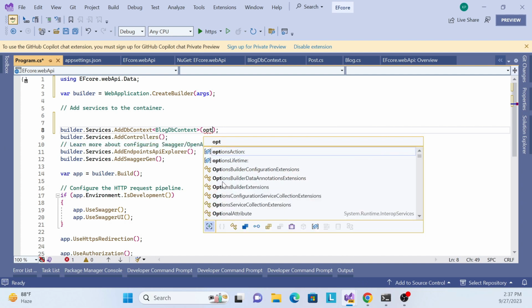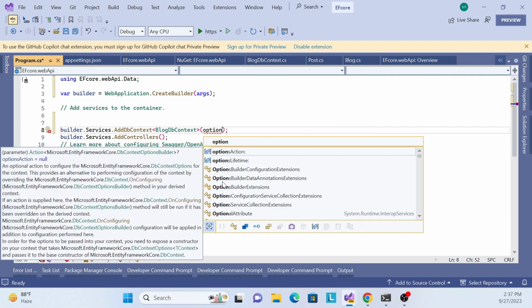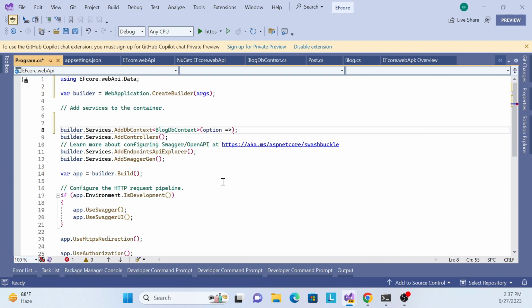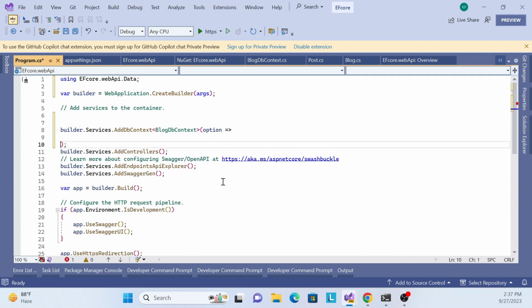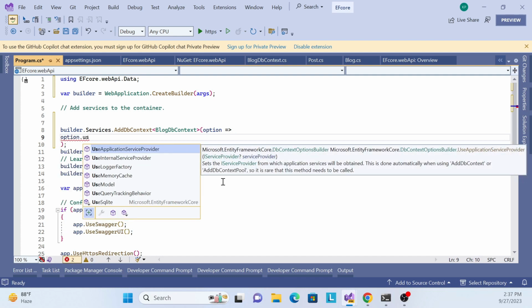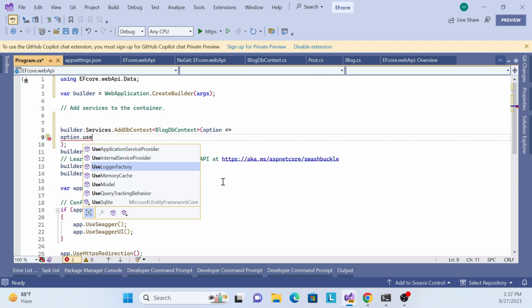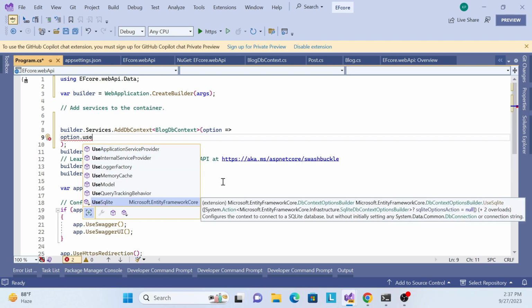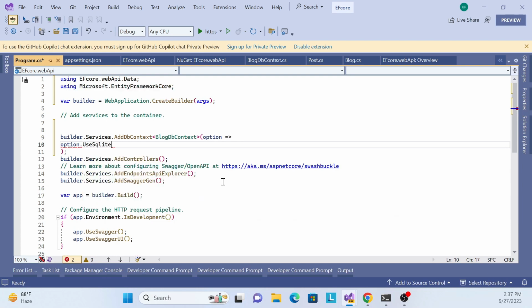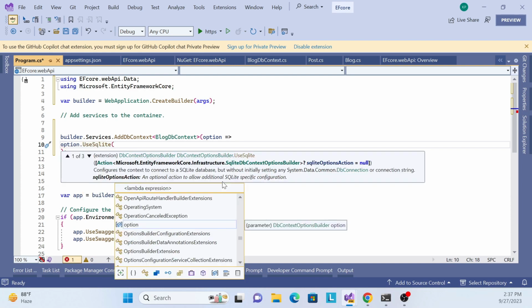Options. Okay, let me create these options, and then finally this option dot use whatever your provider, you can just put over here. Like, see, I want to use SQLite, so I need to use the SQLite provider. Okay, and inside the SQLite provider, actually I need to pass, actually it is asking that, see, there's a three